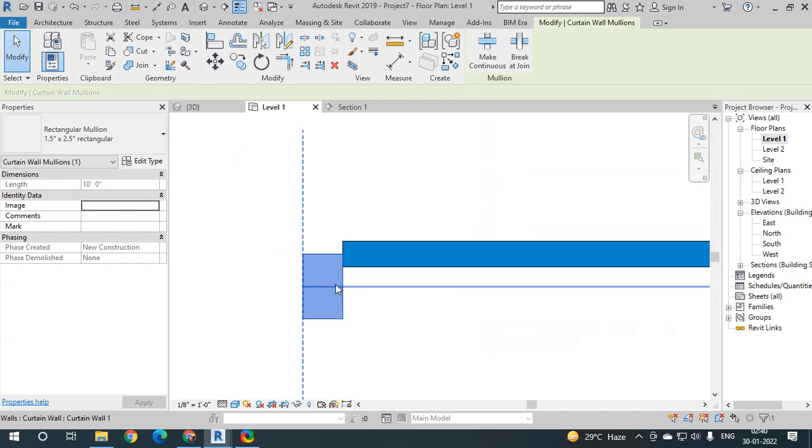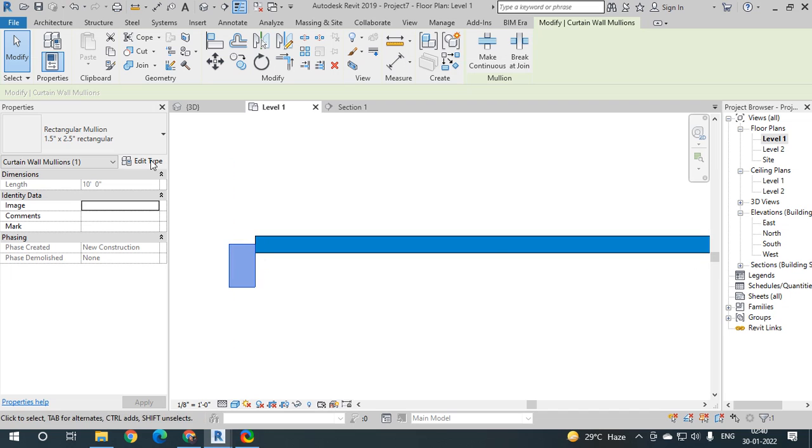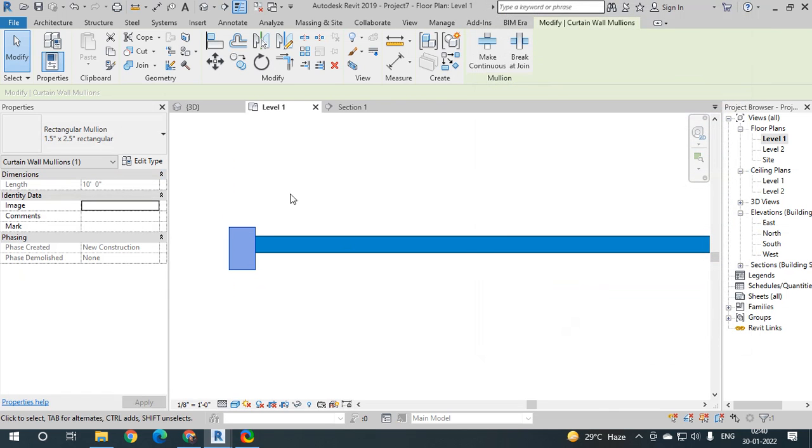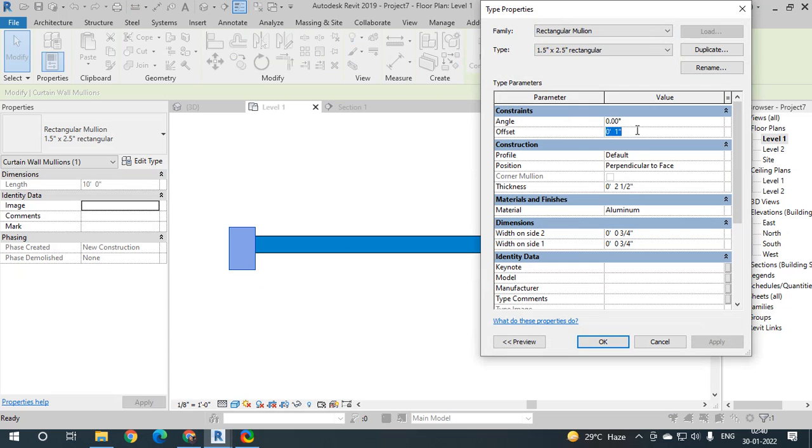But see, here it is not centrally placed, so I will have to give the offset value. Here the offset value by default is 0. I will have to give it by trial and error only. By the trial and error method only we can adjust this mullion to the center. 1.5, sorry, one and a half. Okay, a little bit outward. 3/4 again.